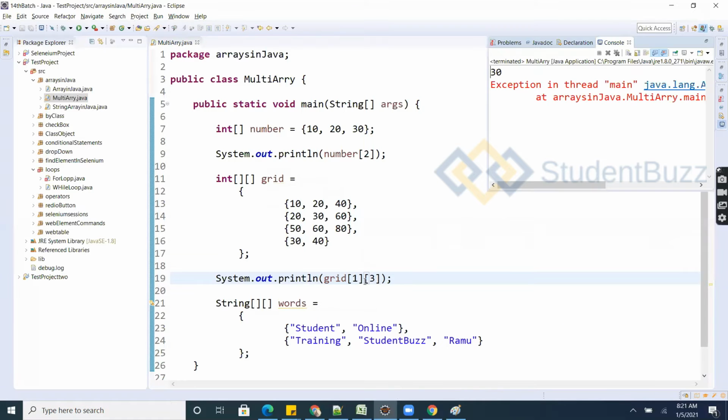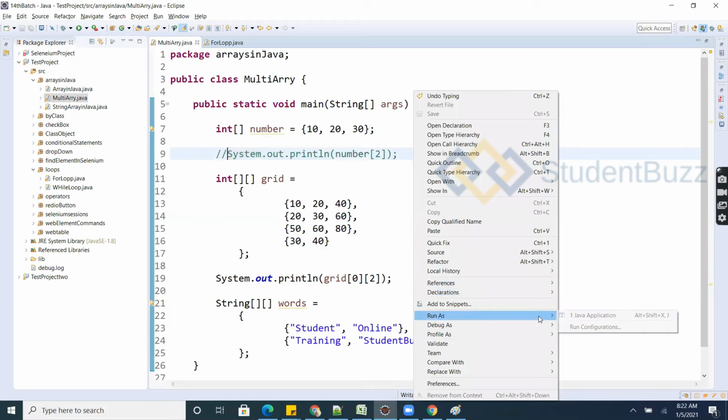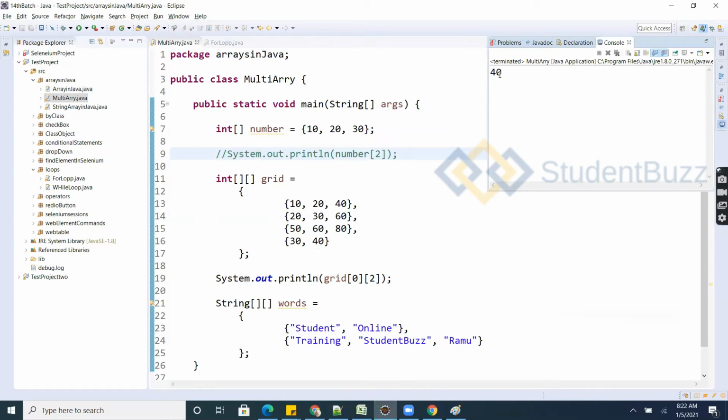It will throw the first array, starting from index 0, row 0. It's 0 in the sense, yes, row 0. Column is 2. So see here, I'll keep... you got this 40 value, right? The same way,